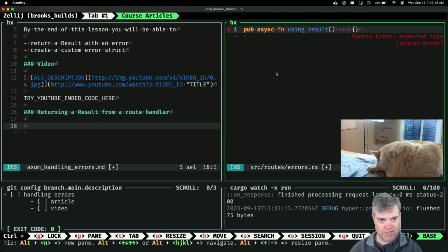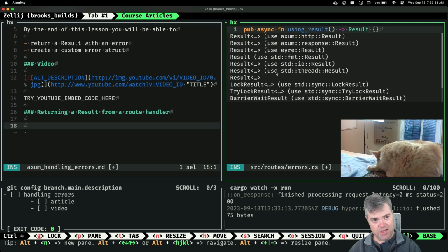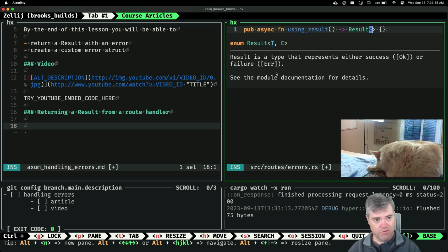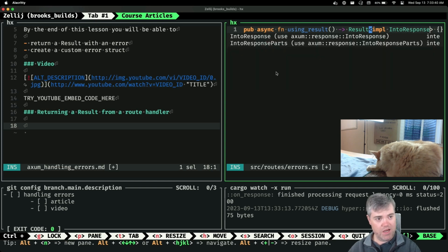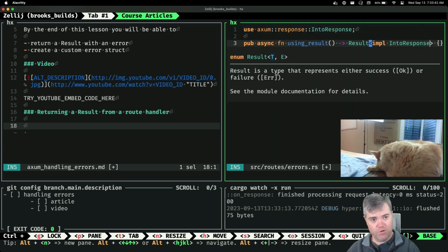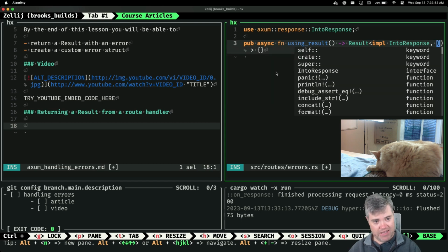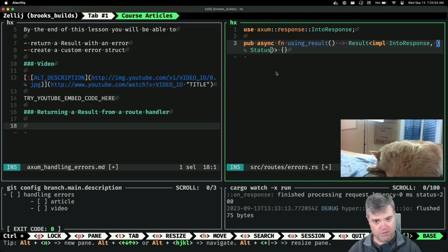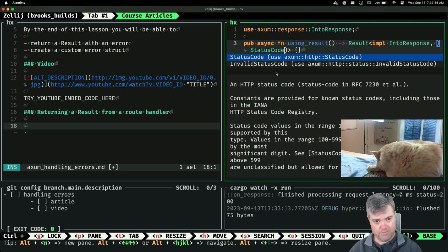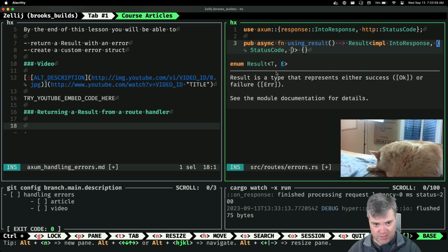If we want to use a Result here, our first thing would probably be impl IntoResponse. We can't do that for the error. The error has to be a specifically typed thing. So oftentimes this would end up being something like a status code and then a very specific message here.